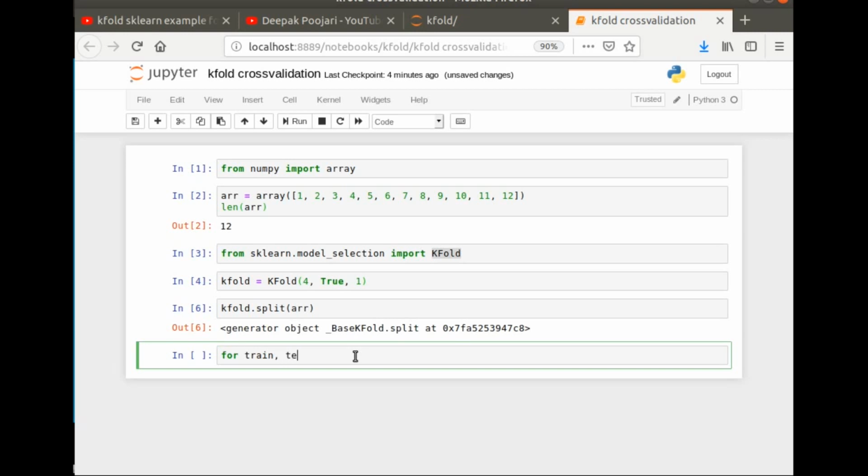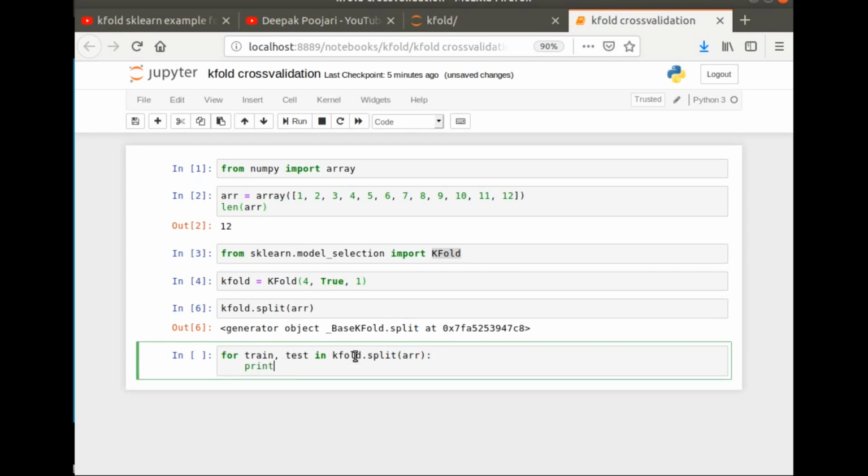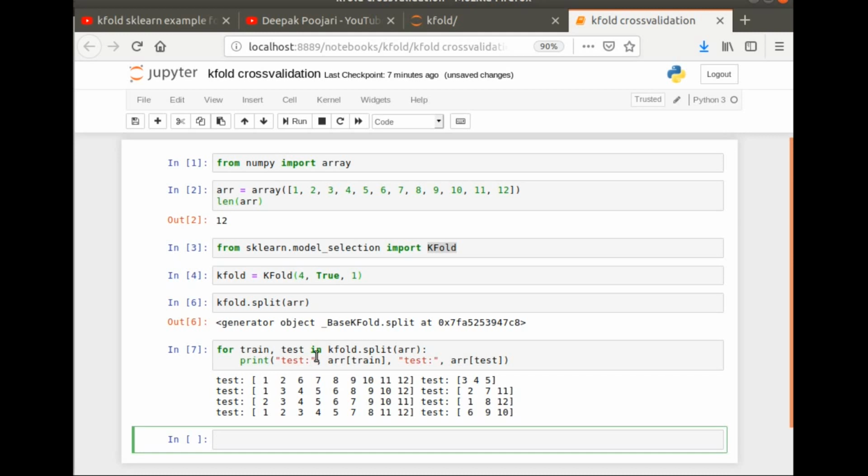For train, test in KFold.split(array), print data of array of train, array of test. So let's make this look better. Test: this test data set, and we are going to write for the train data set as well. Train: this. So now we can see that we have defined our